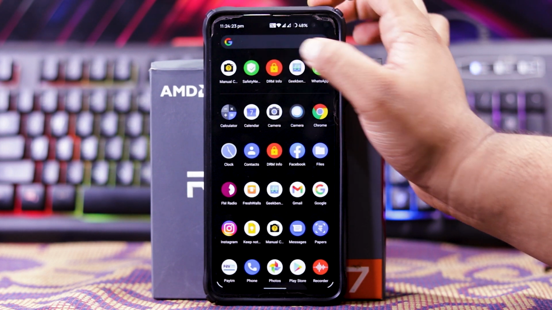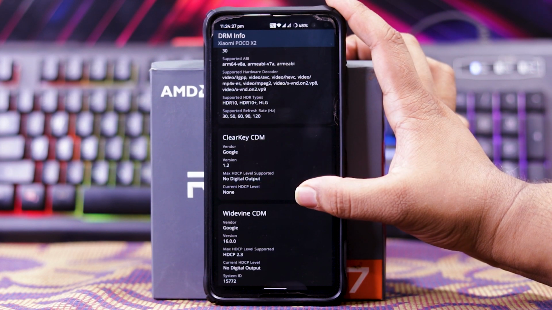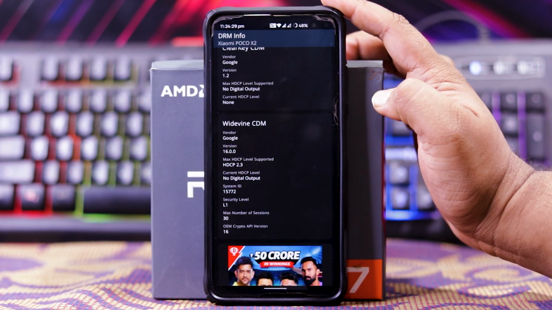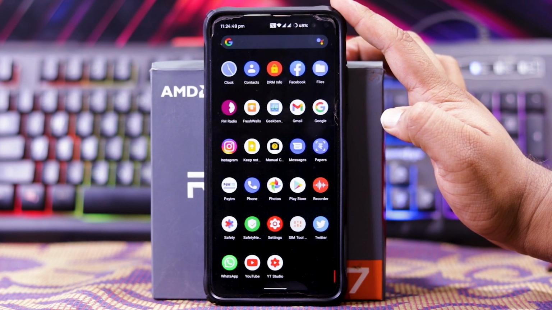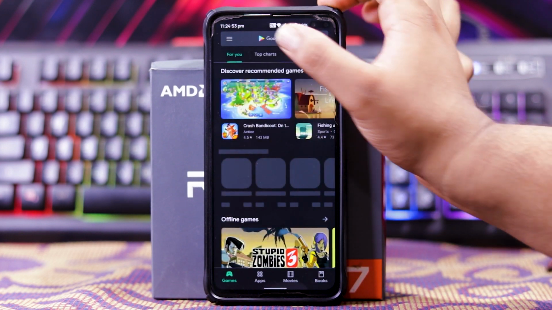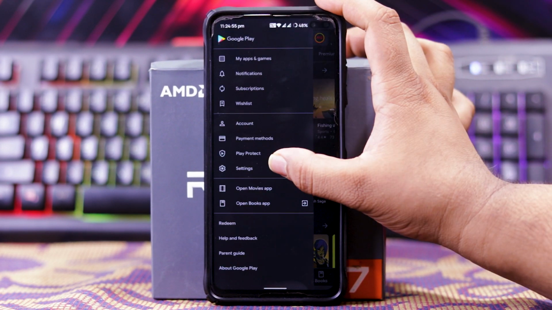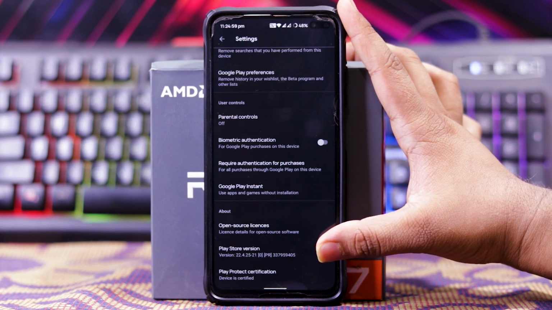And DRM info. As you can see, the Widevine L1 is working fine. In previous update, the Widevine L1 was not working. Now let's see the Play Store certification. In Play Store, in settings, and down here, as you can see, the device is certified.